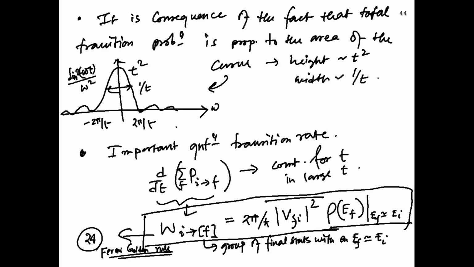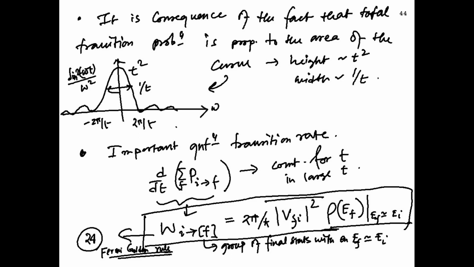So it is for a group of states f whose energy is almost close to E_i that the probability is appreciable. This formula is called the Fermi Golden Rule. It was first derived by Fermi, and it solved a lot of spectroscopic problems of that time, around 1930 or so. The name Golden is nothing specific. It was given because this formula was very useful in describing many systems, so it was just a cute name, and the name stuck.